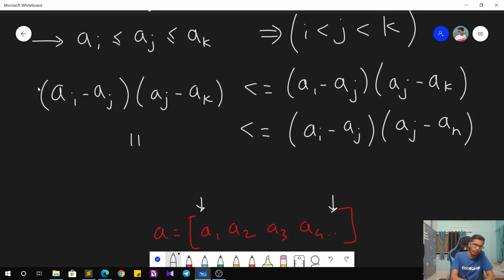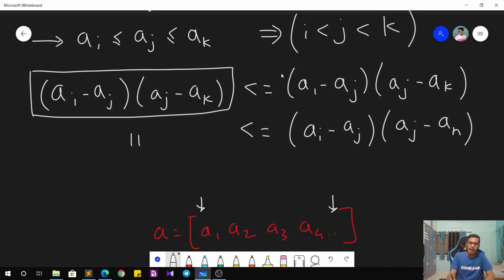So the value of this expression is less than or equal to, first of all, this value, and it is also less than or equal to this value. So using both these conditions, what we can say is that our expression, that is basically the weight of the given array, that is A1, A2 up to AN,